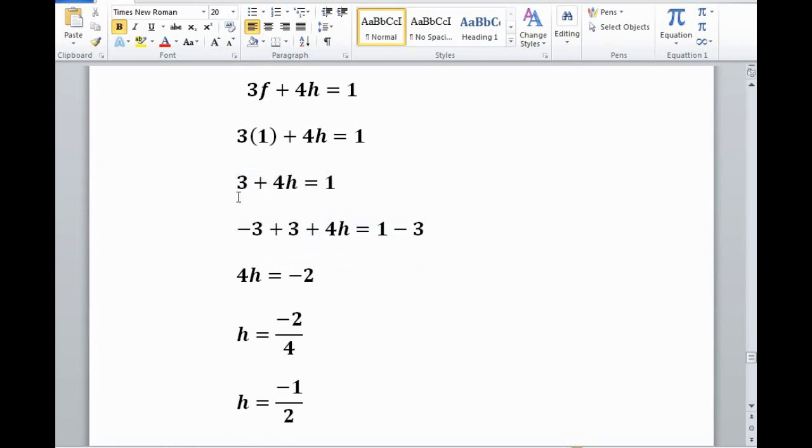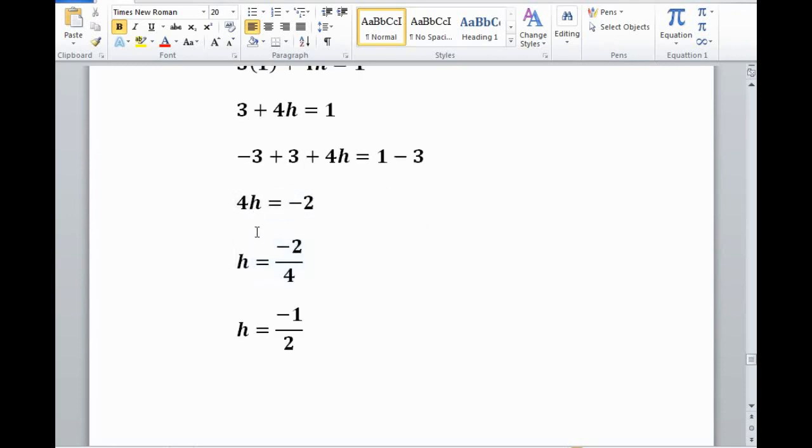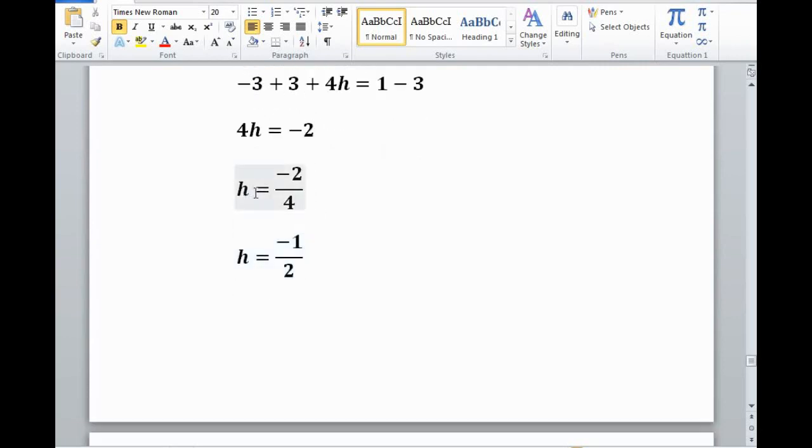Now let's take this positive 3 to the right side. So I'm going to subtract 3 on both sides of this equation. So negative 3 plus 3 plus 4h equals 1, negative 3. So we know that negative 3 and positive 3 will cancel out on the left side. So we have 4h equals 1 minus 3 will give us negative 2. So to get h alone, let's divide both sides, 4h and negative 2, by 4. Or you can also take this 4 from left to the right side, and we get h equals negative 2